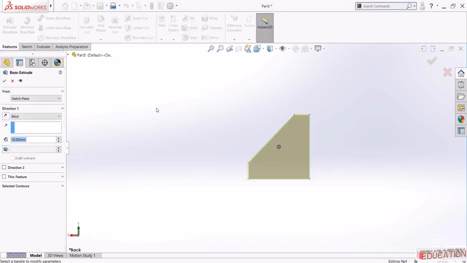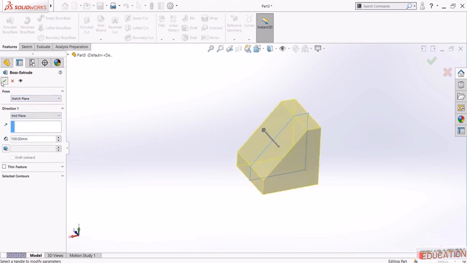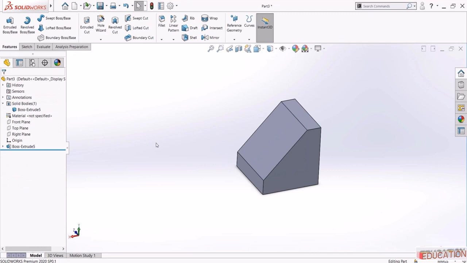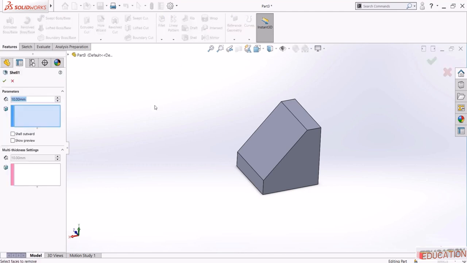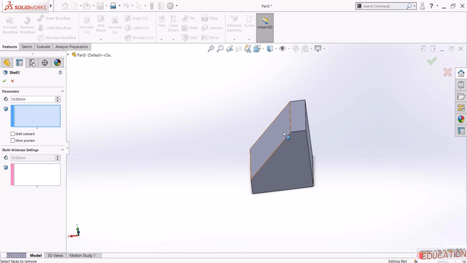And then let's extrude it with 100 millimeters and make it mid-plane. Now, instead of using extrude cut all the time, we have this nice tool which is called shell. You can select faces you want to remove, and then you can make this body empty from inside. For example, if I will remove this face,